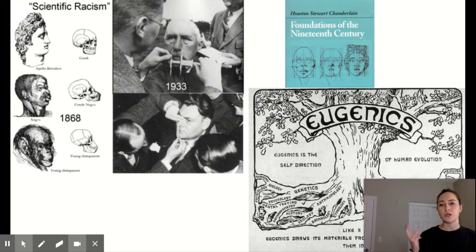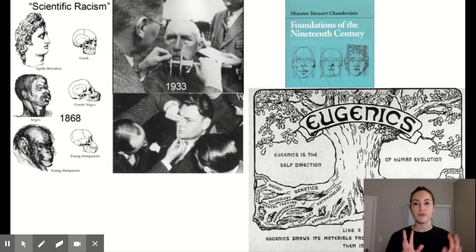Ideas about social Darwinism were also attempted to be applied to different races. And this is an era where we see a lot of what they would call scientific racism. Essentially, in this era, you see a lot of people measuring skulls, measuring facial features, trying to prove or to show that one race was better than another. And by collecting all these measurements, that was a way to prove that one group was better than another. Of course, this is all just racism with some fancy wrapping on it, but people in this era felt like it was legitimate because it had these trappings of science on it.